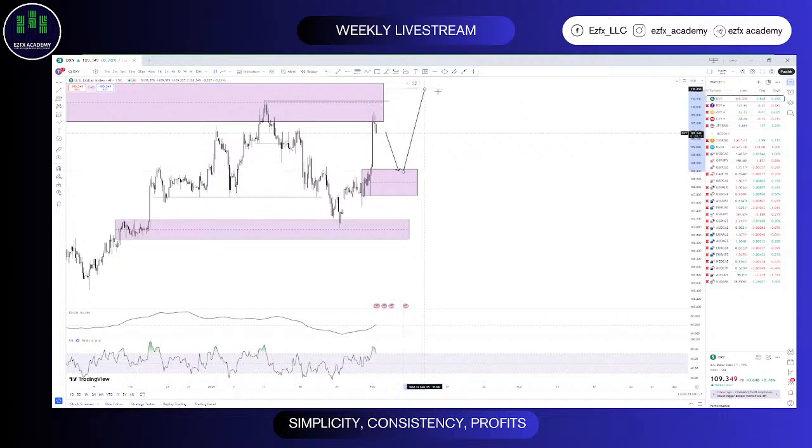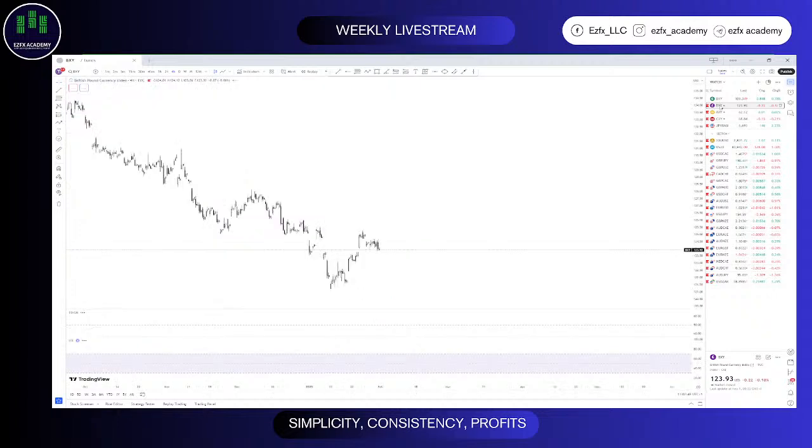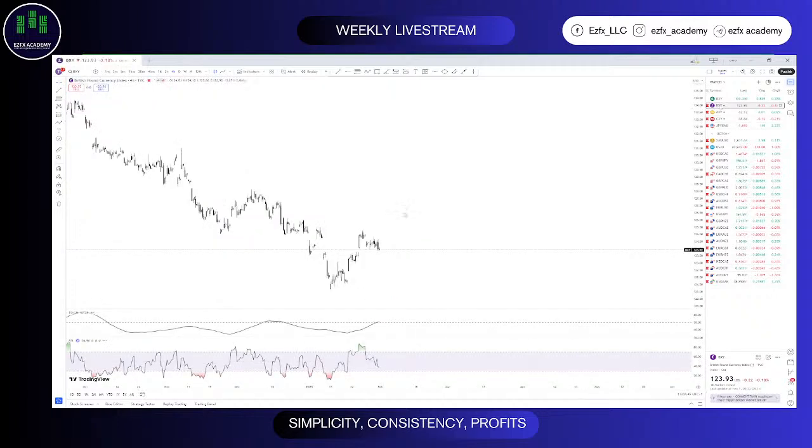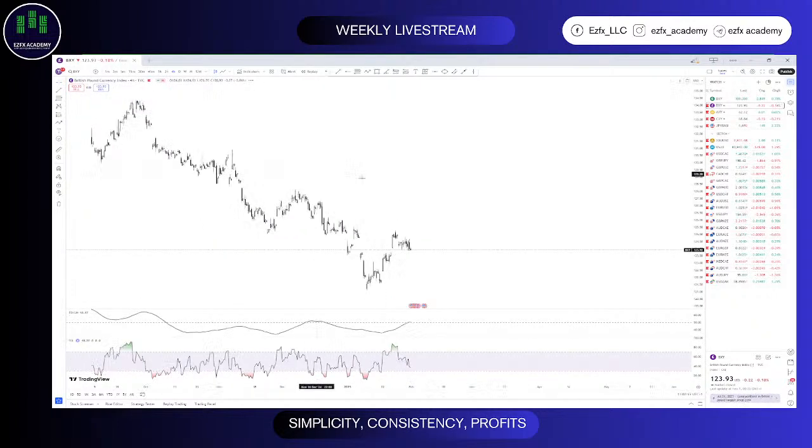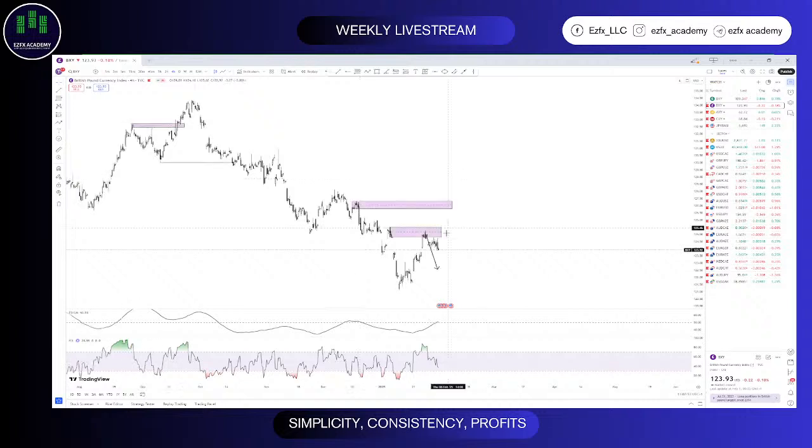Unless I get to see a respect of this region from there, I doubt we're going to have any concession towards the upside. It's very likely that the dollar will just continue bearish right from there. But for the meantime, I think we're still going to be seeing bearishness in the next few hours, maybe days, on DXY. Right, so quickly let me move as fast as possible to BXY, the Great British Pound